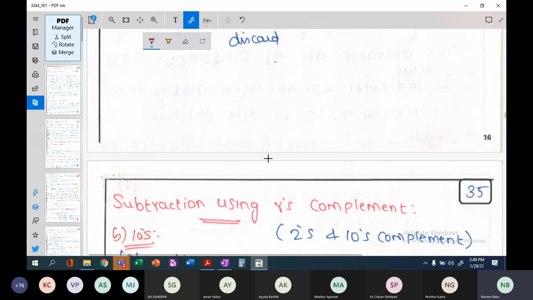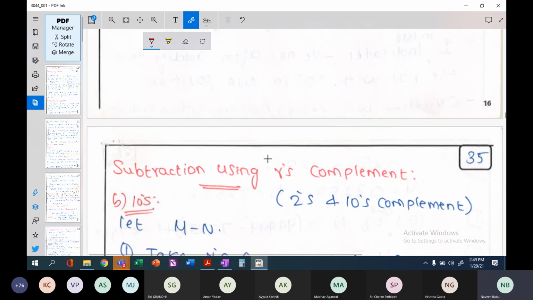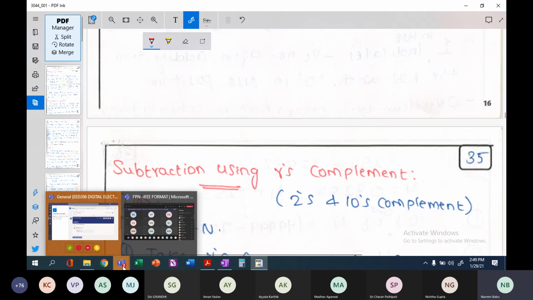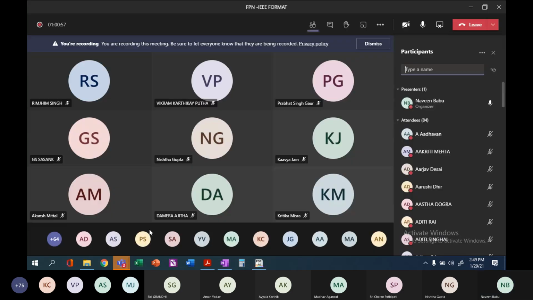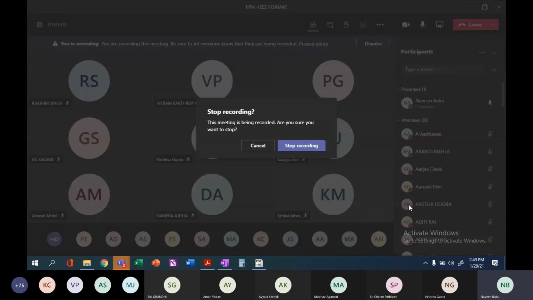Now we are going to repeat the complements for some time. Since it is already 2:50, we will continue this complement subtraction in the next class. Any doubts so far? Okay. So if there are no doubts,